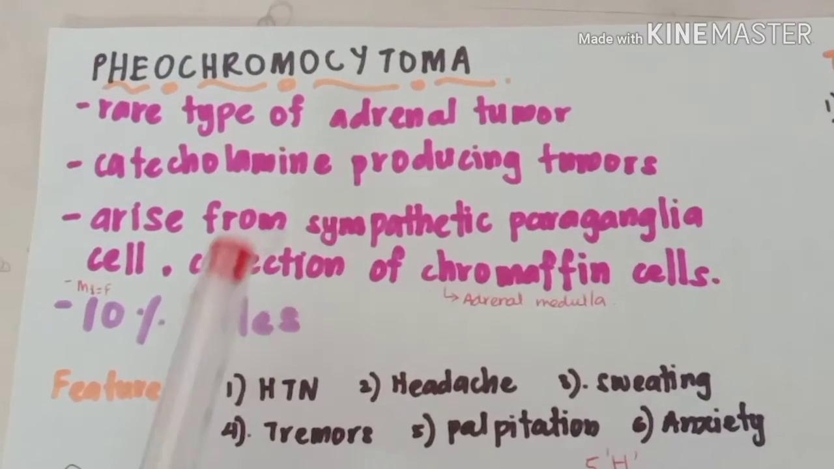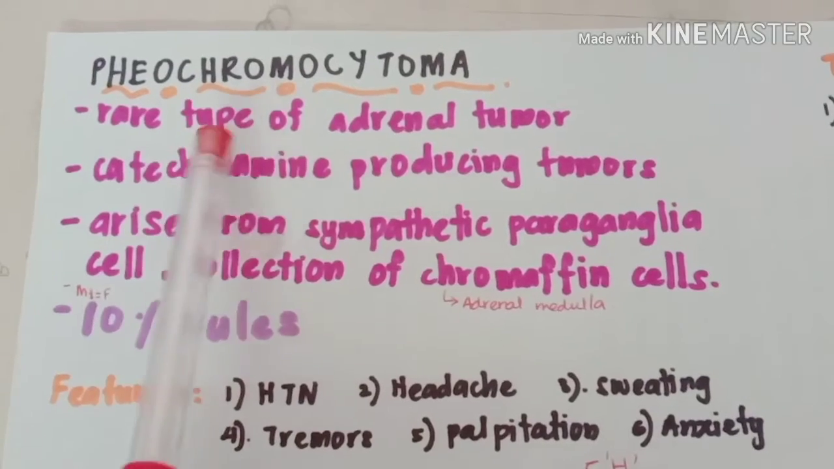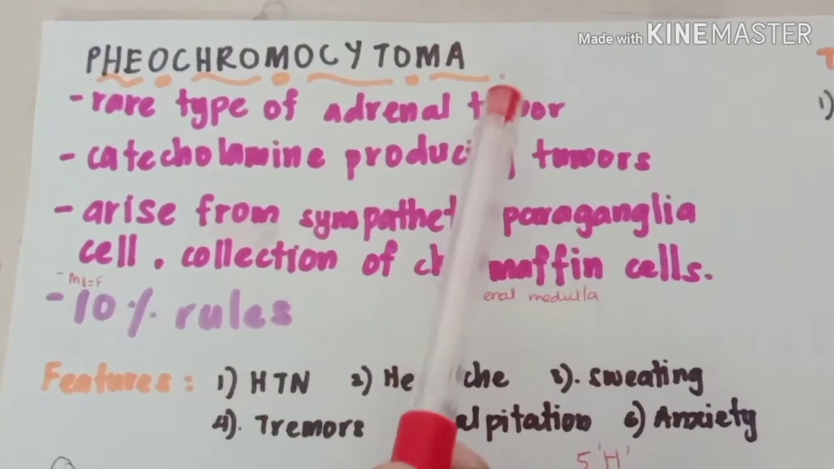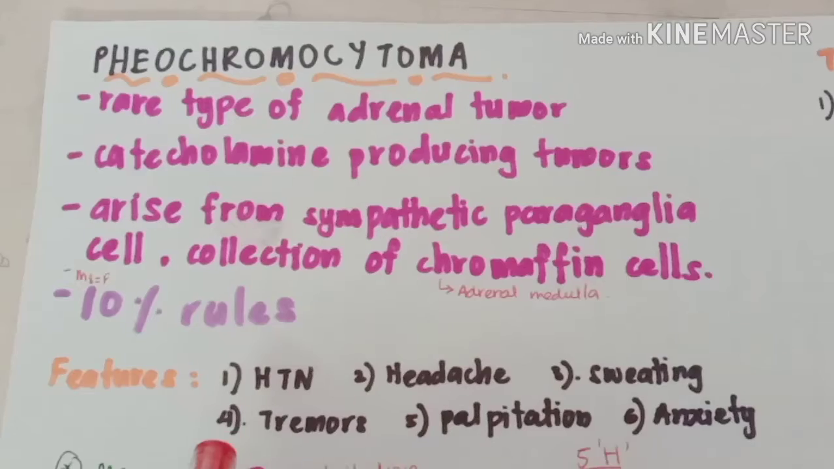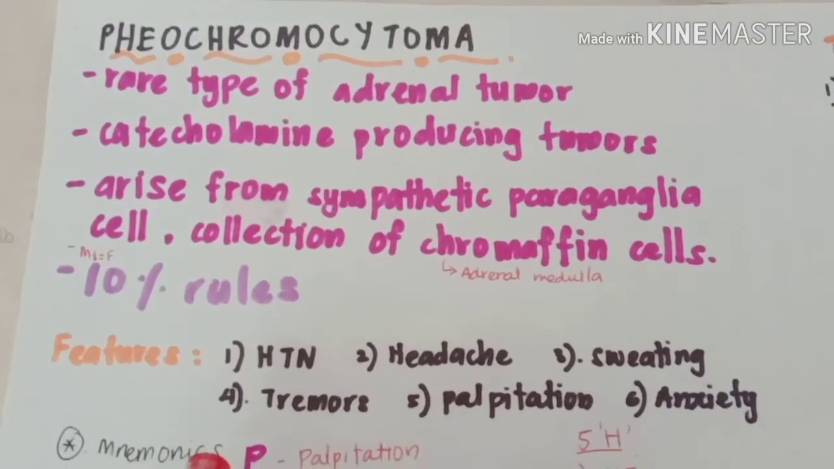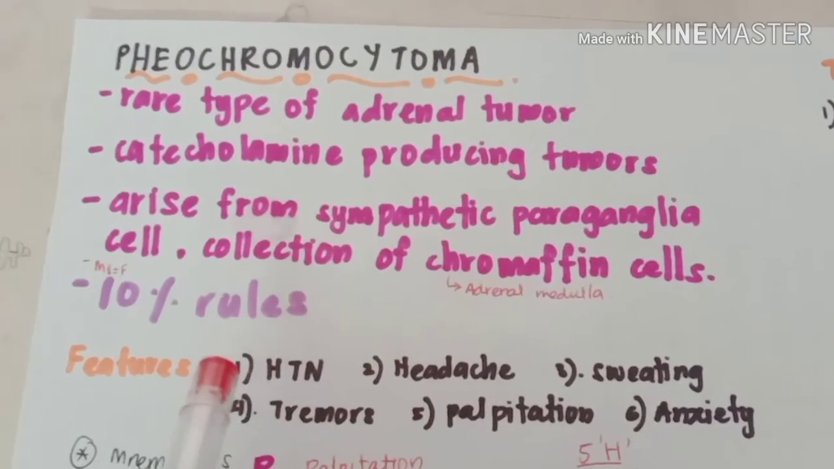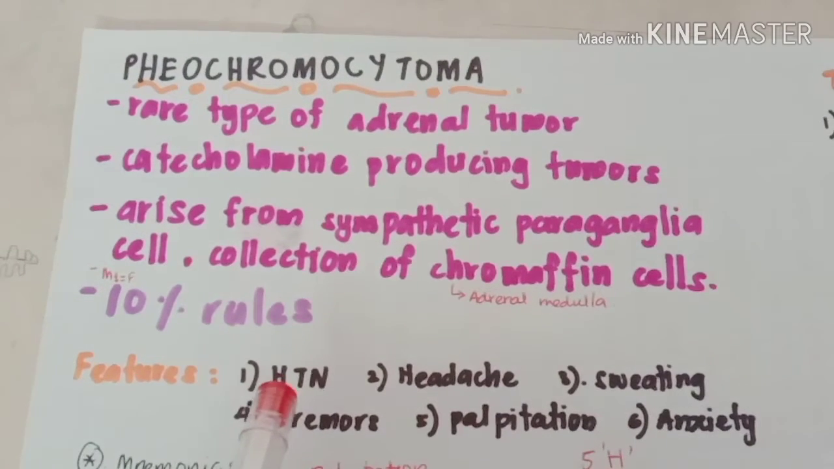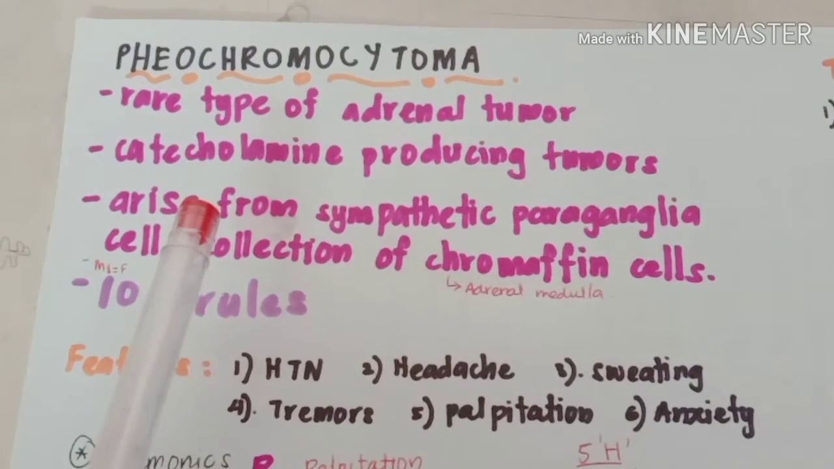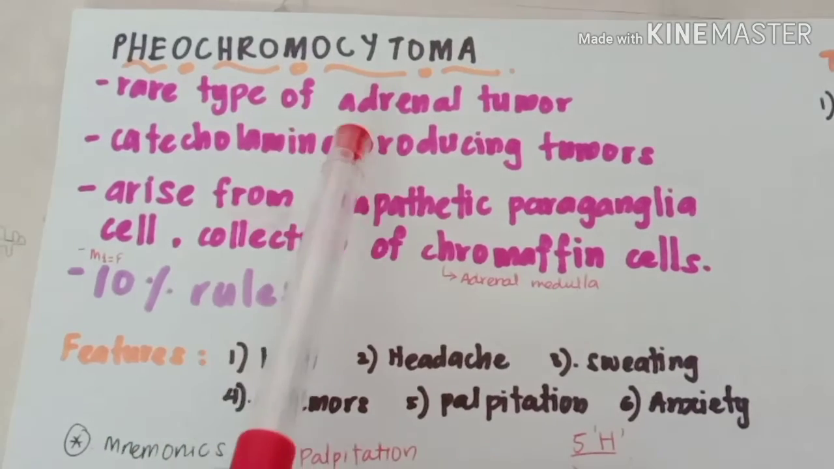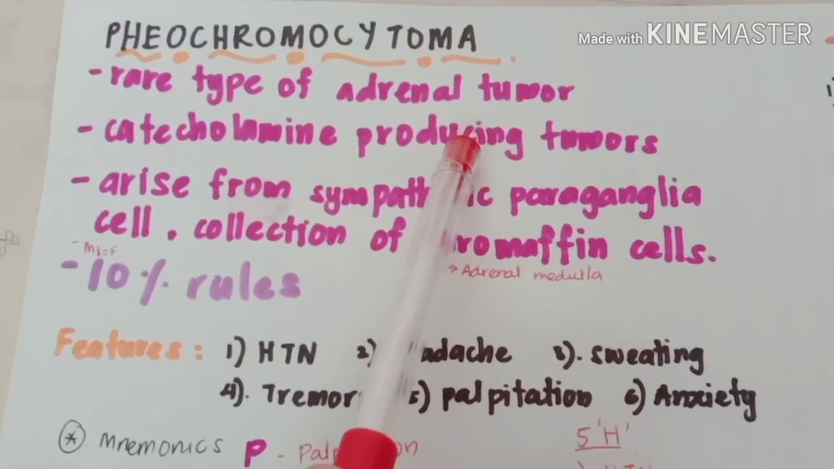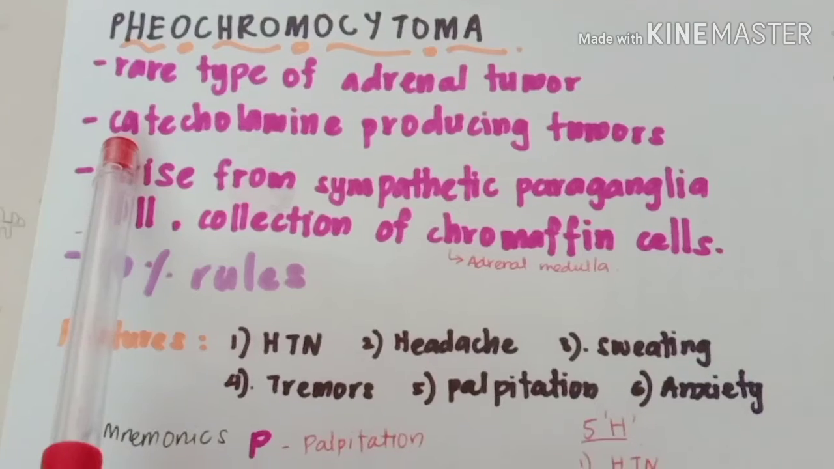Today we are here to study about the pheochromocytoma topic. This is one of the important key points in the PLAB. So what is pheochromocytoma? It is a rare type of adrenal tumor, and it is a rare form of